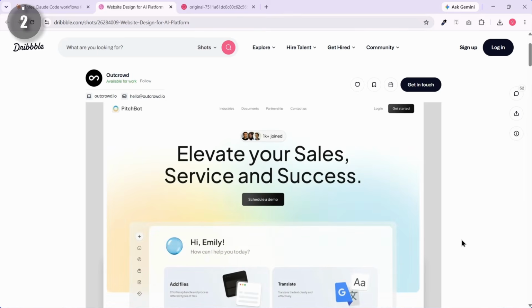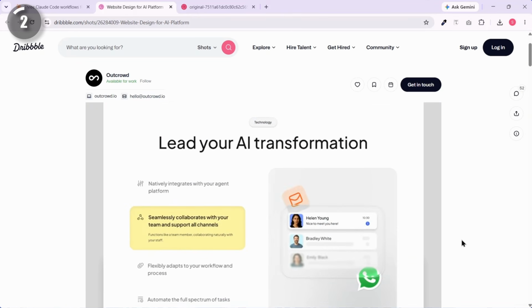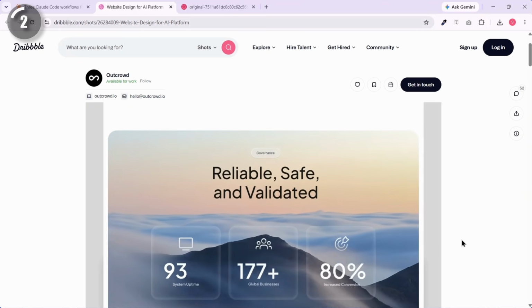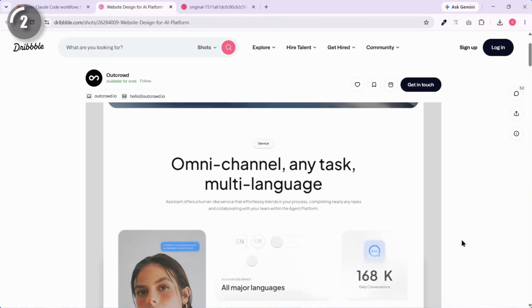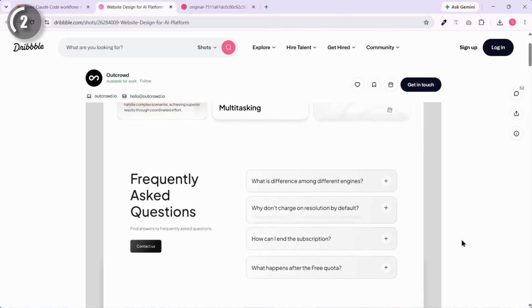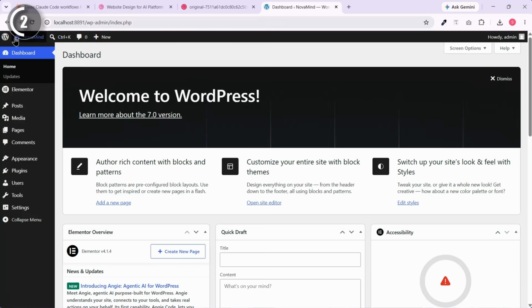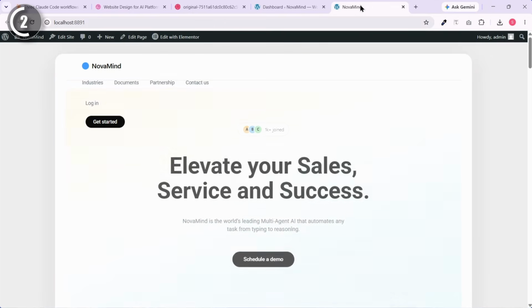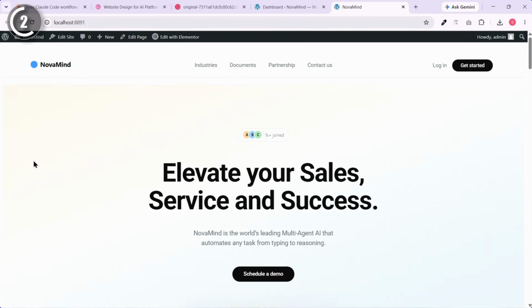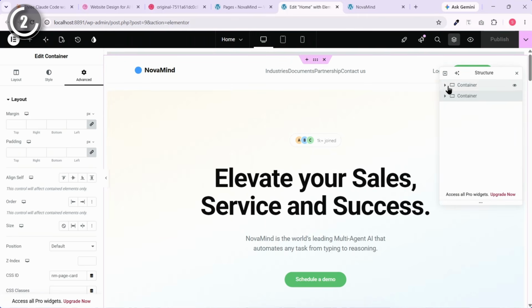The second workflow gives you much more control over the final design. For this method, we're using this website as our reference. The goal is to recreate the design using Claude code and then refine it with a page builder like Elementor. Once again, I'll give Claude code the prompt and let it generate the first version of the website. After a few prompt refinements, the website is imported into Elementor, where the layout, spacing, images, and content can be